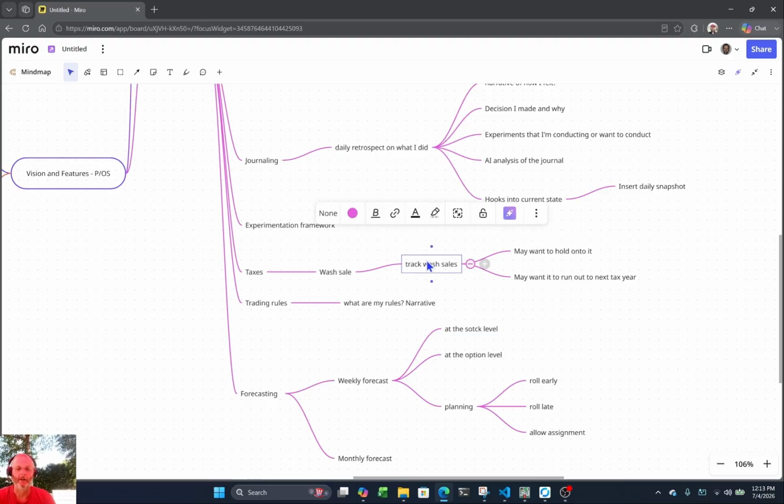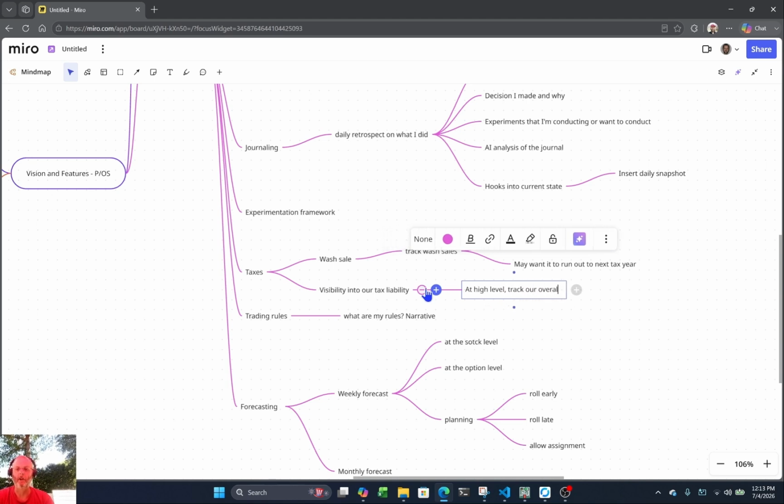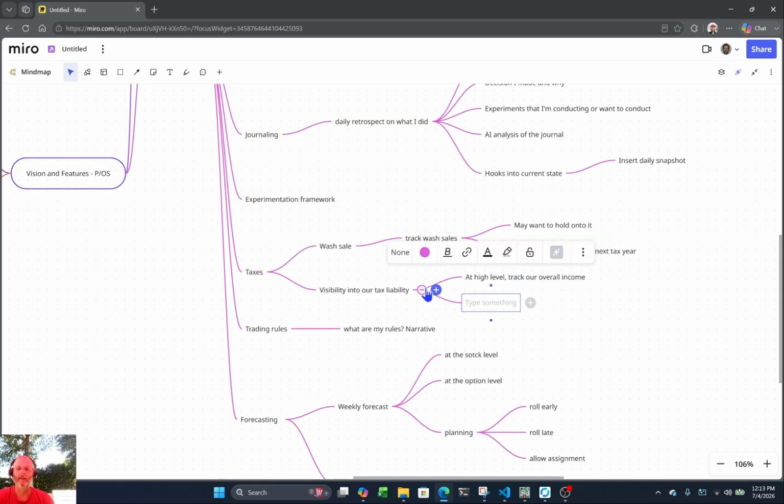So that's the whole idea behind wash sales. All right, enough about wash sales for now. We want to have that capability, and that's not the only one. We also probably would like to have visibility into our tax liability. The way we can do that, at a high level anyway, is to track our overall income. By that I mean we've got W-2 wages, probably nearly all of us. So W-2 wages for me, spouse,